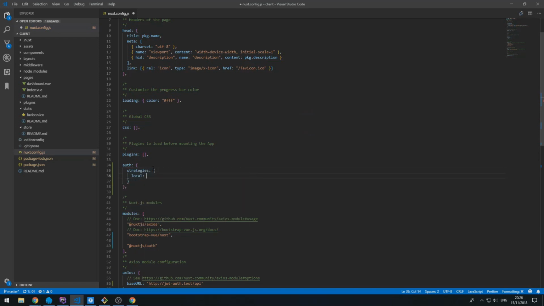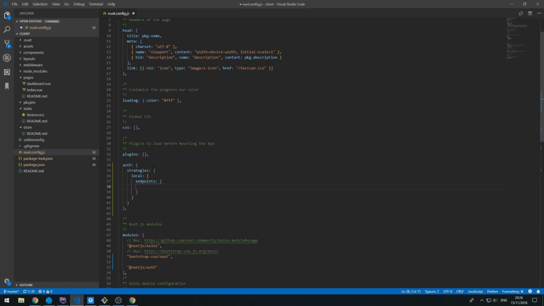We're going to have a local strategy, the endpoints, login. The URL for that is going to be auth/login. Method is going to be post,